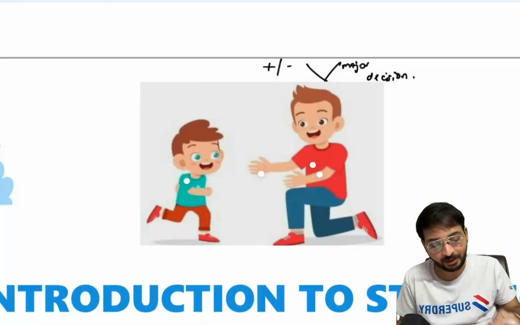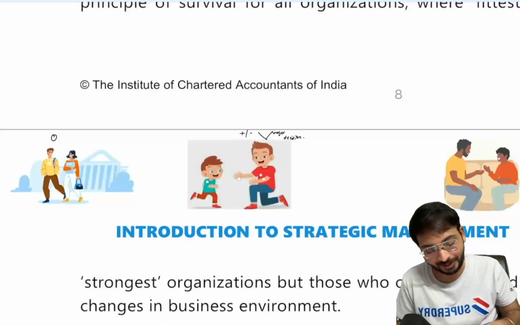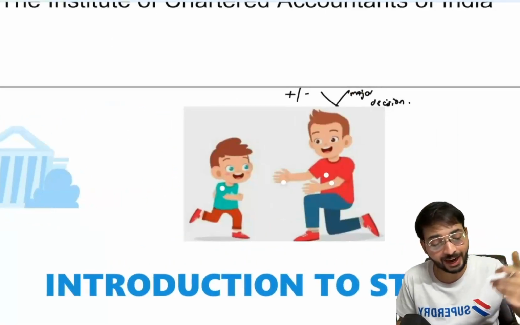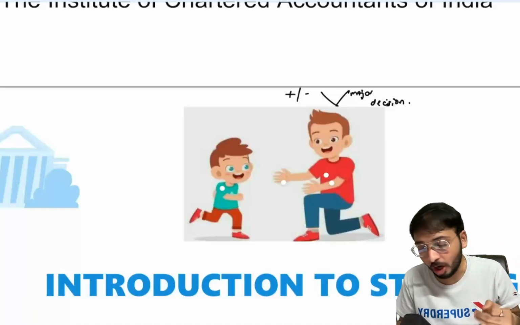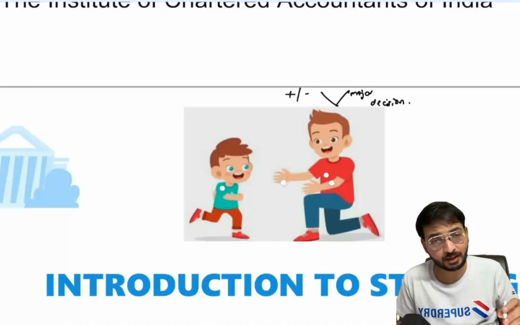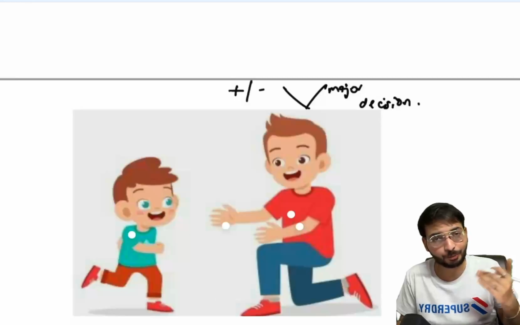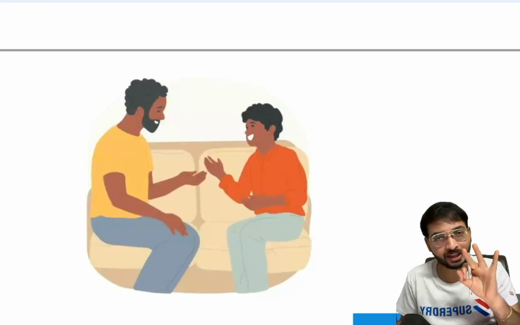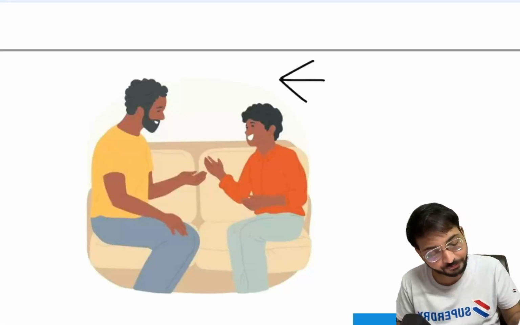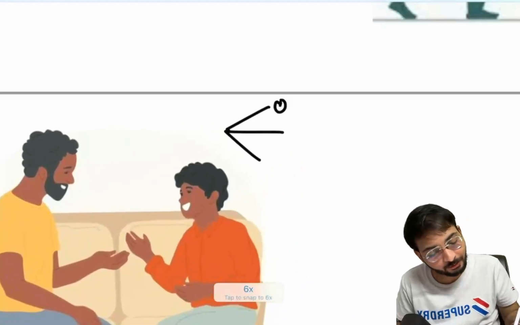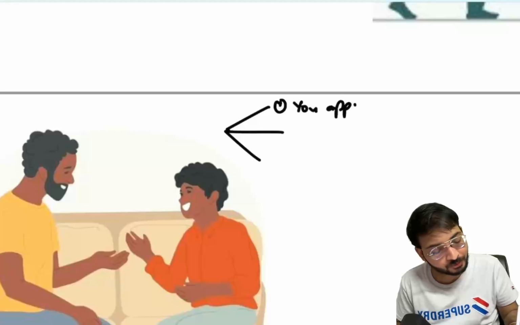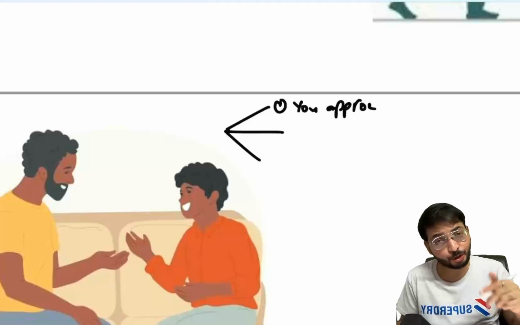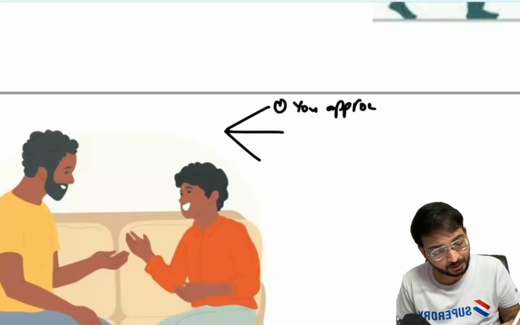Imagine that the boy's name is X. X went to a college, selected a girl. He immediately ran to his father. Why? Because his father knows all the plus and minus of the son, and also he is the major decision maker in the life of the son. Now his father, with his experience, gave three pieces of advice. Number one, first you approach instead of someone else approaching. What is the first suggestion he gave? First you go and approach instead of someone else approaching.